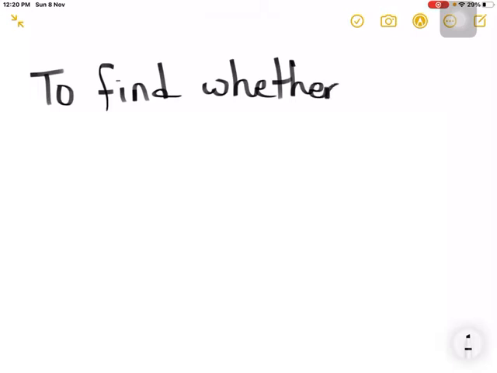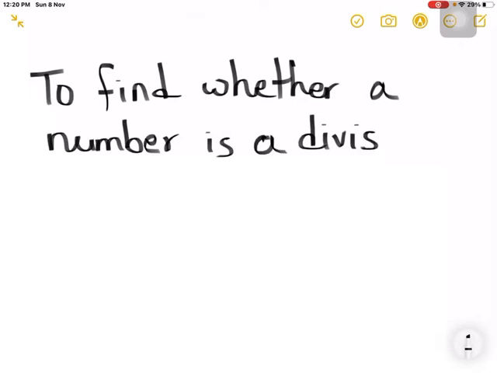So to find out whether a number is a divisor of a given number,